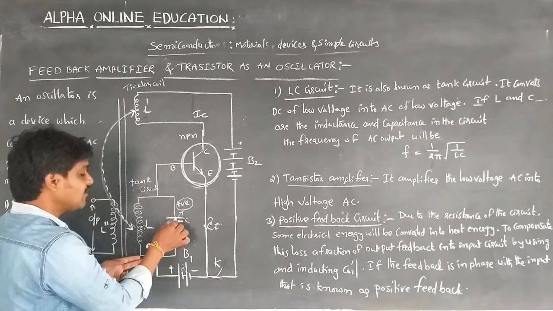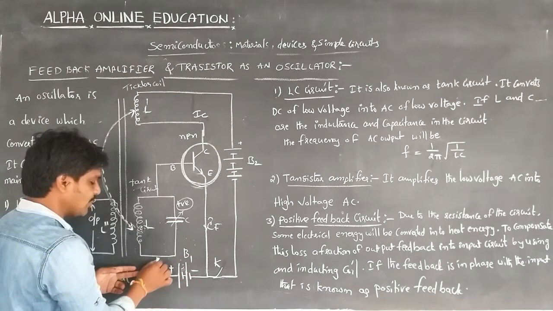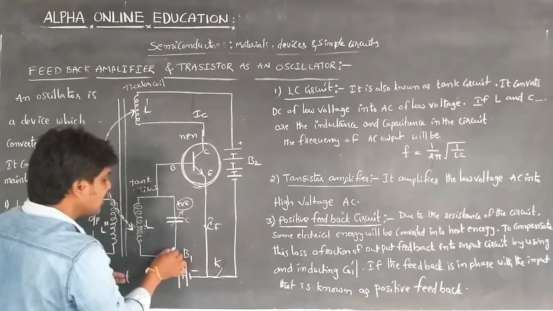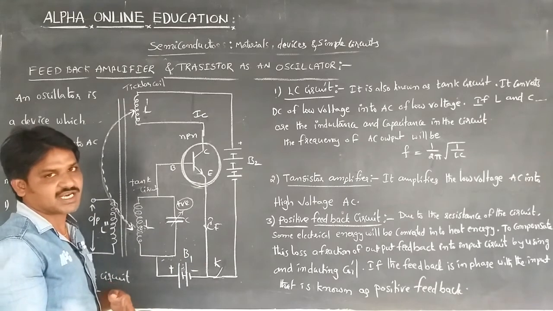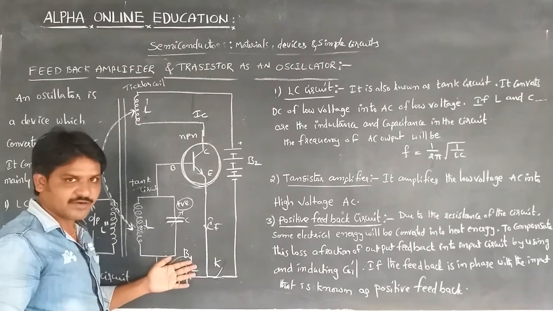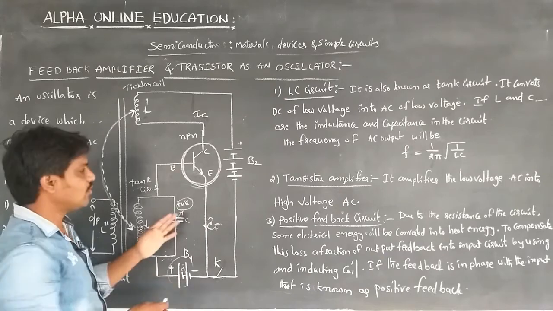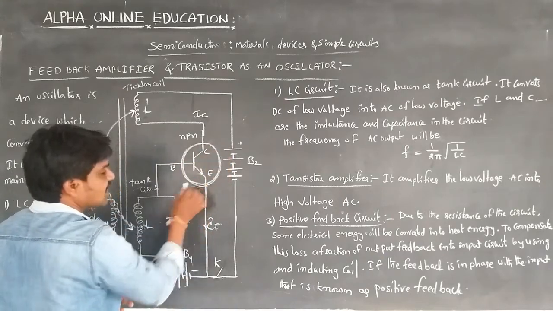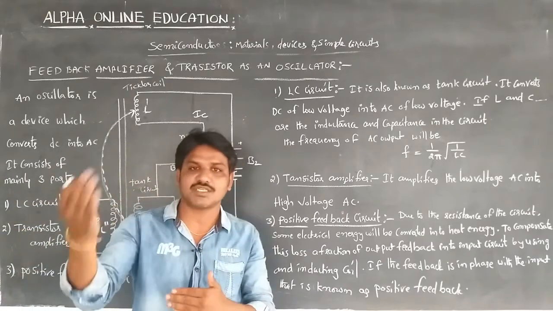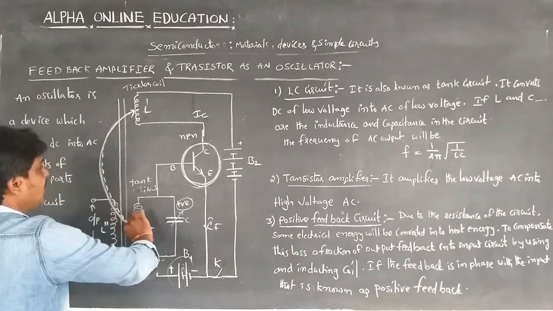So whenever it is positively charged, the forward bias is opposed. Because the forward bias is opposed, there is no further decrement in the collector current. By avoiding the forward bias, the collector current becomes 0 and the transistor comes to the cutoff state. This process goes on from cutoff to saturated, saturated to cutoff, cutoff to saturated, due to the mutual induction between the tickler coil and the tank coil.